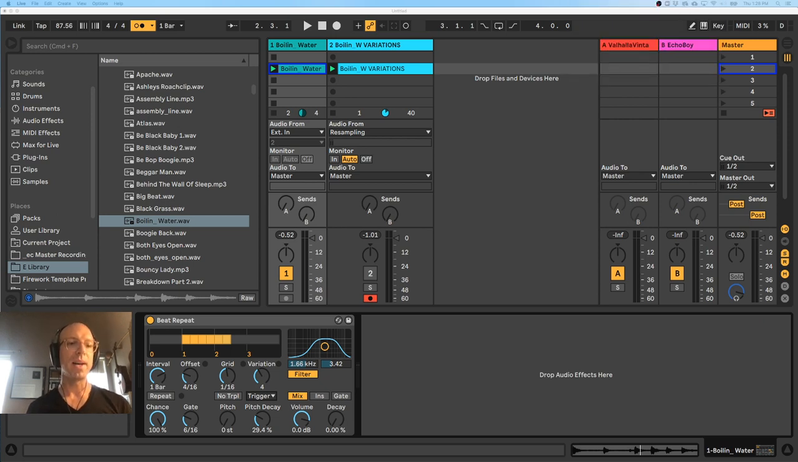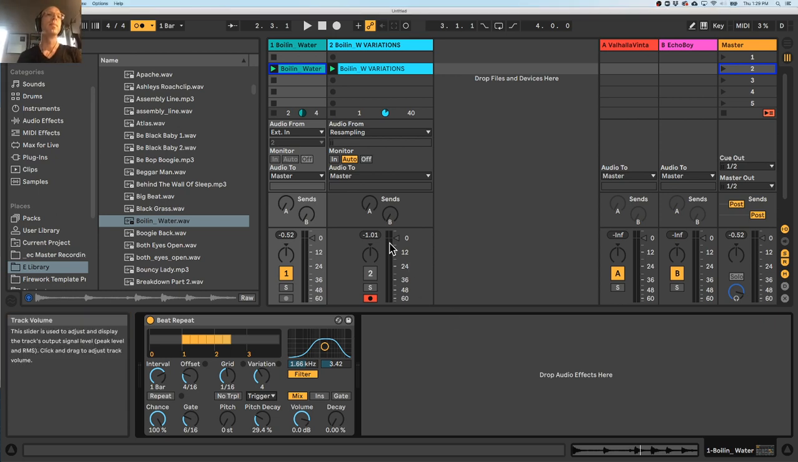Okay, welcome back. So, there's a filter on it. This is a good way to help create a distinct color for the sounds coming out of the beat repeat that'll make it a little more audible, if you're just mixing in